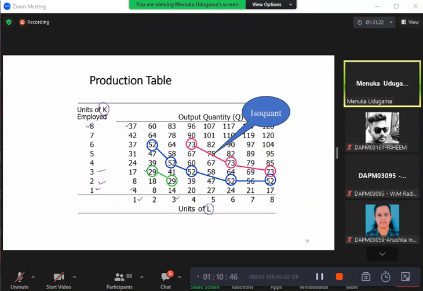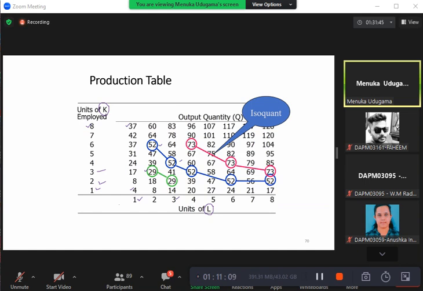And you connect those 2 points. And here also, you get the same amount of output, 52, but different levels of labor and capital. So now I've connected those points and